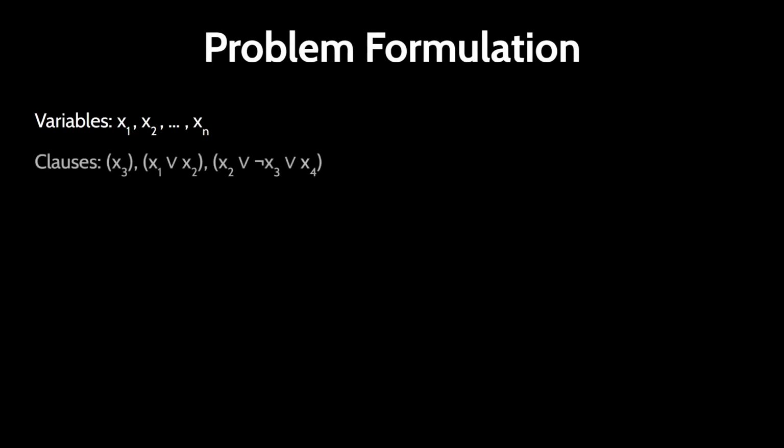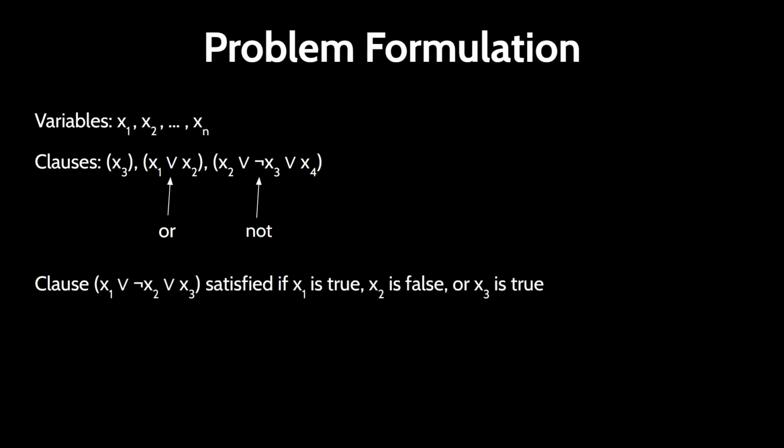The satisfiability problem, typically abbreviated as SAT, is a very general problem in computer science and is typically formulated in the following way. There are variables, each of which can either be true or false. There are also clauses which are the disjunction of variables and their negations. A clause is satisfied if any of its components is true. For example, the clause x1 or not x2 or x3 is satisfied if either x1 is true,